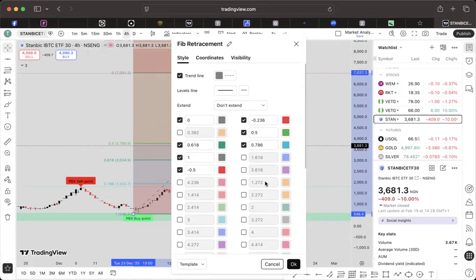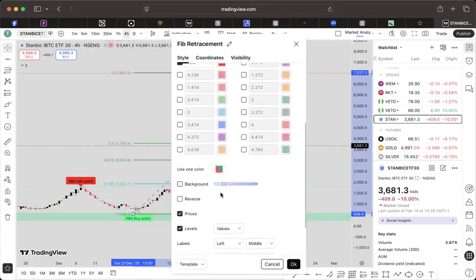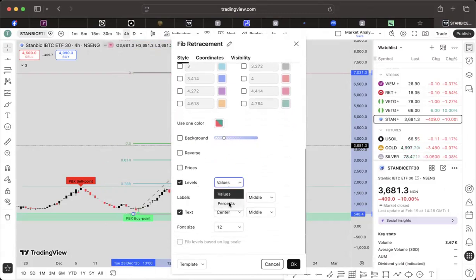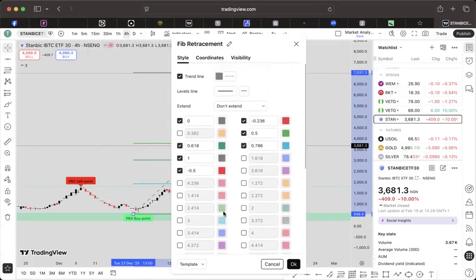It's necessary, but I don't use it, okay? I remove the background. I remove prices. I go to this value and put it to percentage. I change each one to right, and I'm good to go. So you can take a picture of what I've just done. Now, let me quickly explain what this minus 23 and this minus 0.5 are. They are my extensions, if I take a trade from equilibrium or from OTE or from the